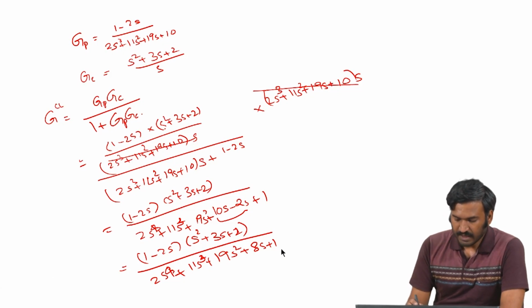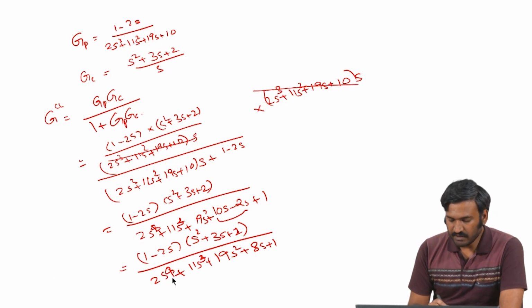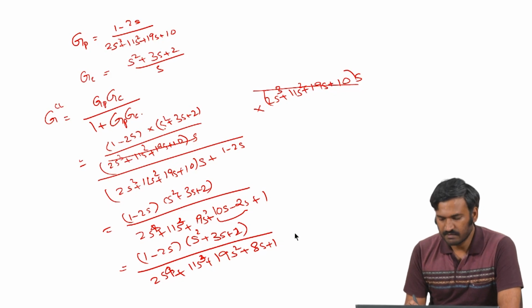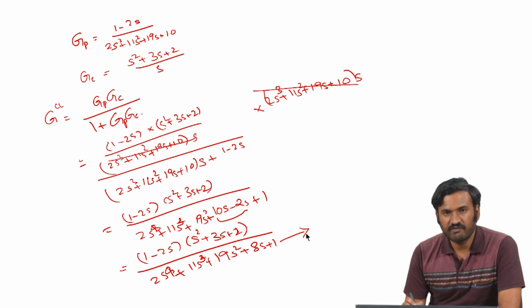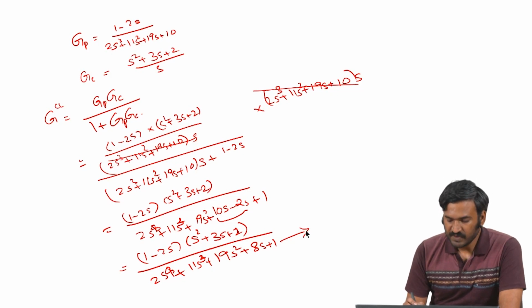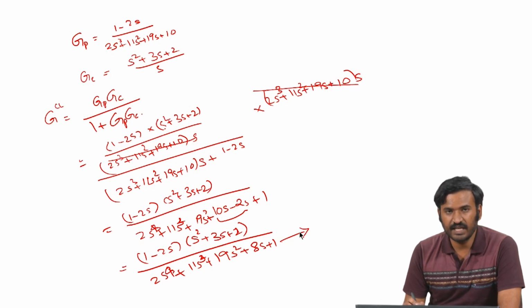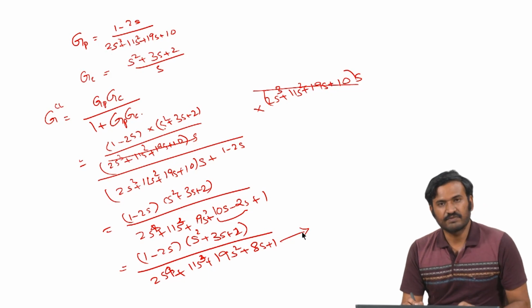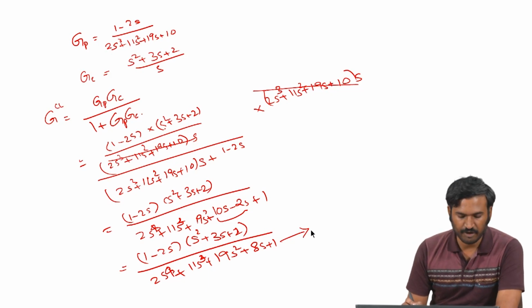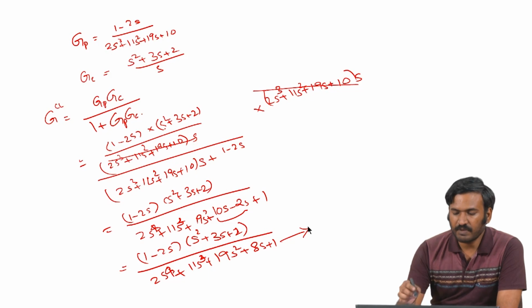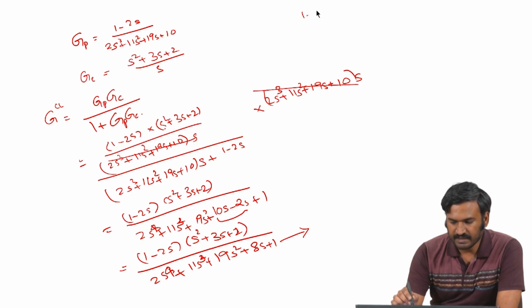Now, we can perform Routh-Array test for the polynomial to check whether there are any RHP poles. As long as we do not have any RHP pole, this transfer function will be controllable. Now, let us suppose the process is like 1 minus 10s divided by the same denominator, 2s cube plus 11s square plus 19s plus 10.